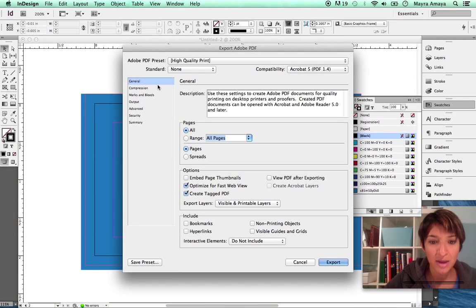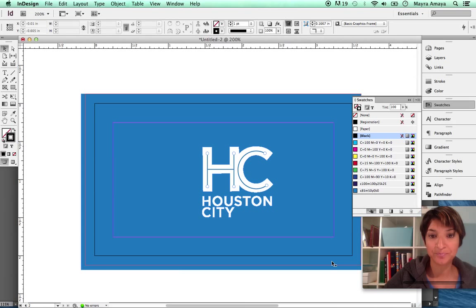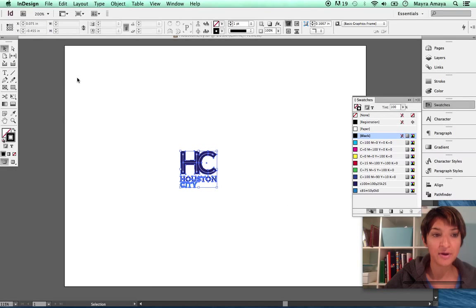Okay, so we have general, we want all, we want the front and the back. And then we go next to marks and bleeds. We just want to click on crop marks and page information and use document bleed settings. That's going to use the settings that we created in the beginning, which is 0.125. And you say export. Okay? So that will create a file that is going to have, let me